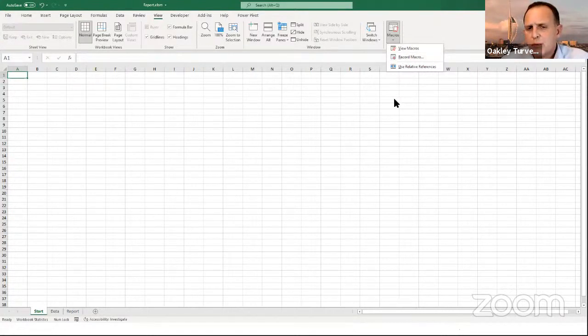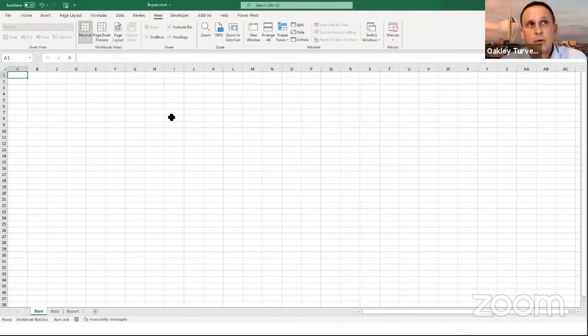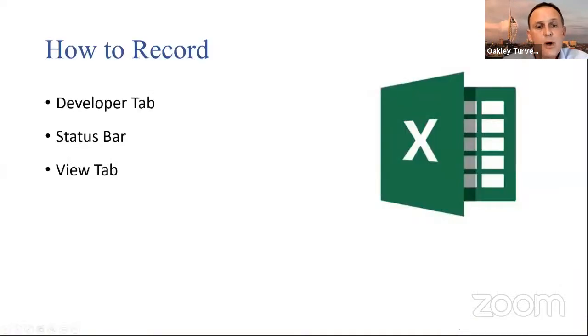But what about if we want a keyboard shortcut to say start recording macros? Well, what we can do is we can right click on that button there and add to the quick access toolbar. We now have a record button up there. And if I press Alt on my machine, that would come up with 4. So that would be Alt 4 would run that macro. It's not going to work on my machine right now because that's sharing the screen through Zoom. But Alt 4 would run the macro to start recording. That's the last one I'm showing you, which is a quick access toolbar. Well, now it lets me do that. Okay, perfect.